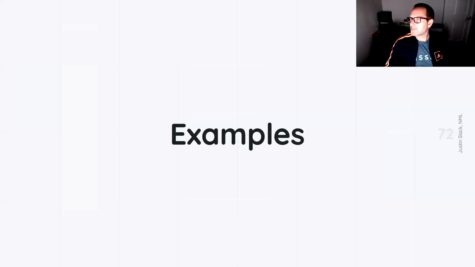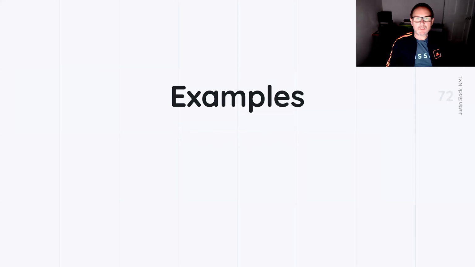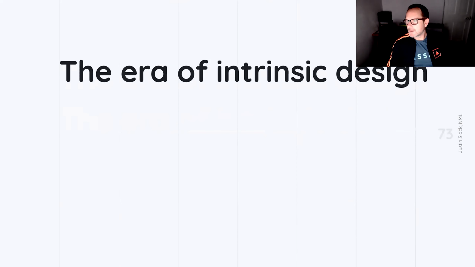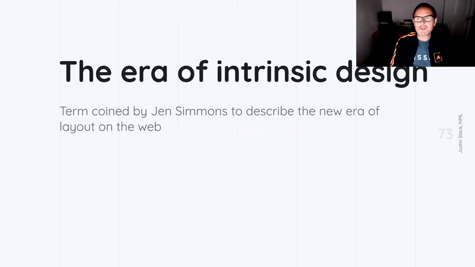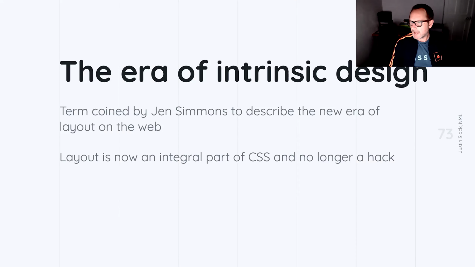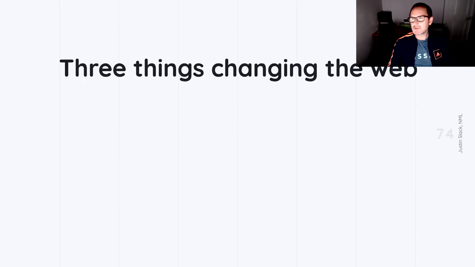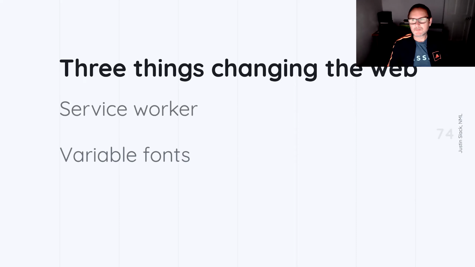Okay, so those are the examples. Yeah, so I'm almost done. So the era of intrinsic design is something that was coined by Jen Simmons to describe a new era of layout on the web, with layout now being an integral part of CSS and no longer a hack. And all the things I've been speaking about talk to that. And then this is a slide I have in every talk I give about 3 things changing the web: service worker, variable fonts, and CSS layout, with just giving us so many more opportunities than we